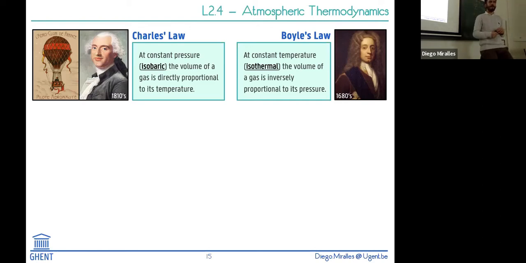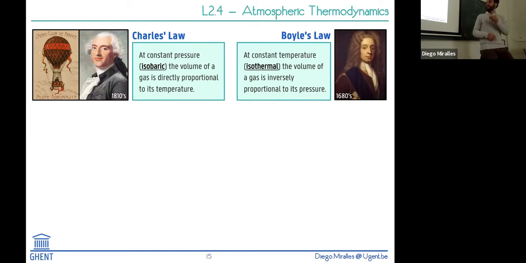If that air has constant temperature, when you change the pressure, you increase it, for instance, the volume decreases. Nothing you don't have intuition about already. If you decrease the pressure, it expands, so the volume increases. So that was first postulated by this guy in the 17th century. And then, more than a century later,